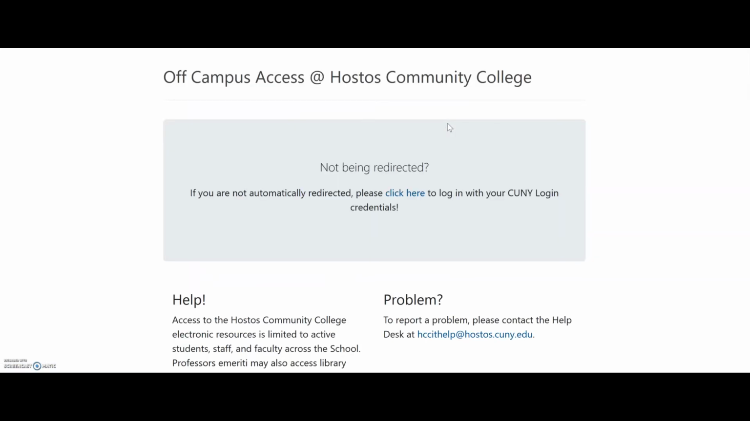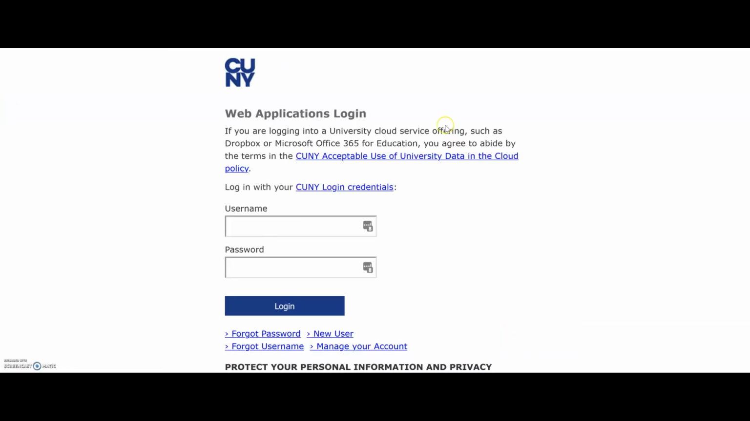It's going to ask me to log in because now we're going into a subscription database that Hostos Library subscribes to. I'm going to log in here with my CUNY ID. That's first name, last name, and then 2 digits. You probably remember yours. And I'm going to use my password for that login. It's the same thing that gets you into Blackboard, for instance. So once I log in,